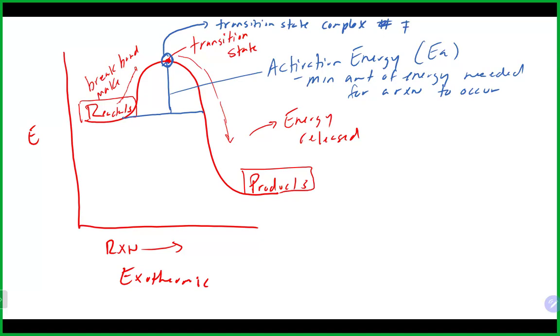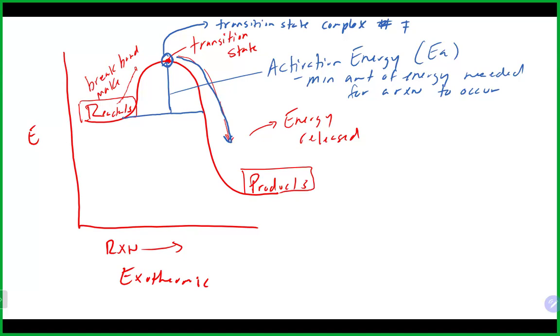And the transition state complex is something that has partially made bonds and partially broken bonds. And it's in a really transitional period because it's losing those original bonds and starting to make those new bonds. Again, that makes it very, very unstable because it has partially made and broken bonds, which, as I said, is very hard to isolate, and it will drop down very quickly to our product